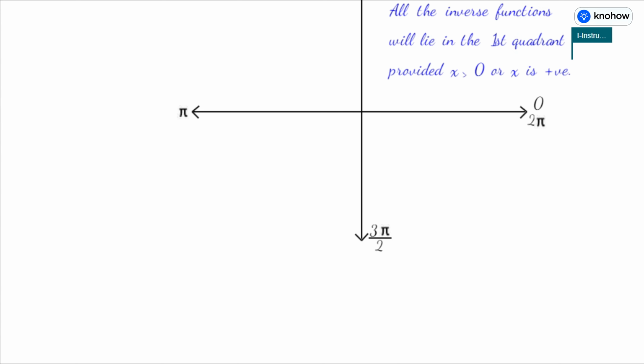You can check that the first quadrant is common in all the principal value branches. By that I mean whether sine inverse x, cos inverse x, and so on. And when will it happen? When x is a positive number. But what if x is negative? If x is negative, for example, if x is equal to negative k, where k is a positive real number,